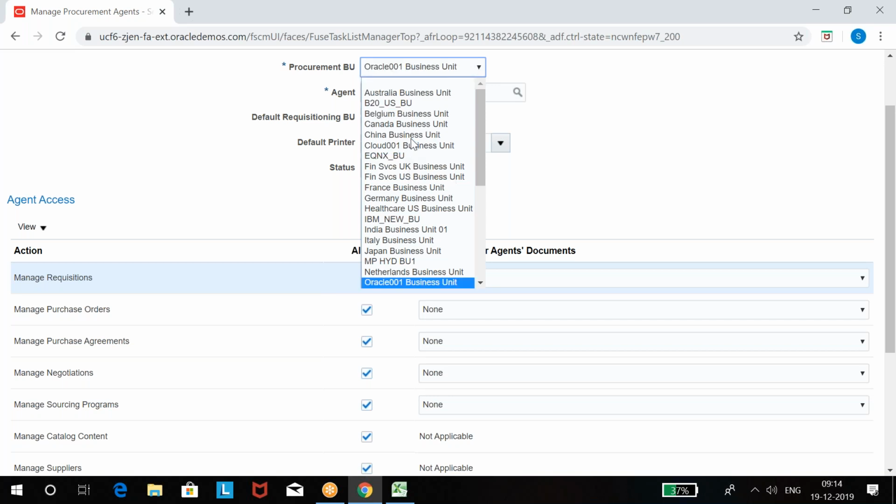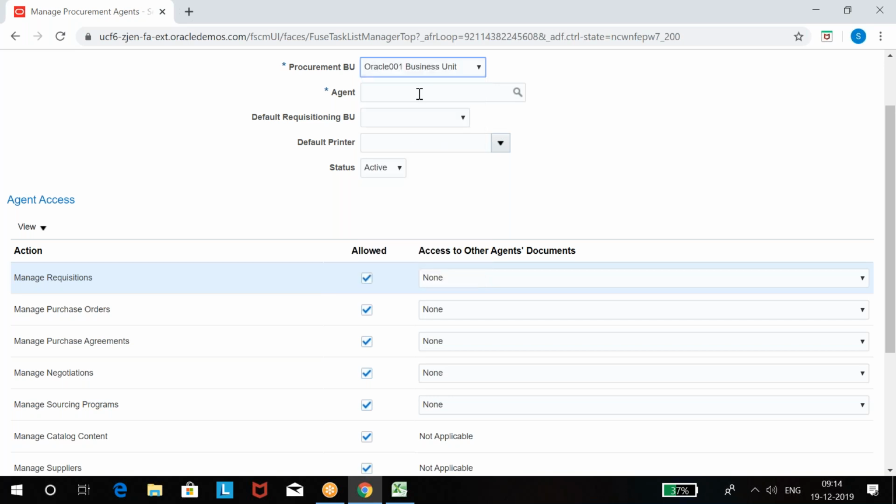Procurement BU, it's the Oracle 001 business unit. And what is our username? Oracle 001 user, isn't it? So this is the employee user. You can select only the employee user. The implementation user will not show here, because the implementation user cannot be a procurement agent. Clear? And select requisition BU as the same business unit.